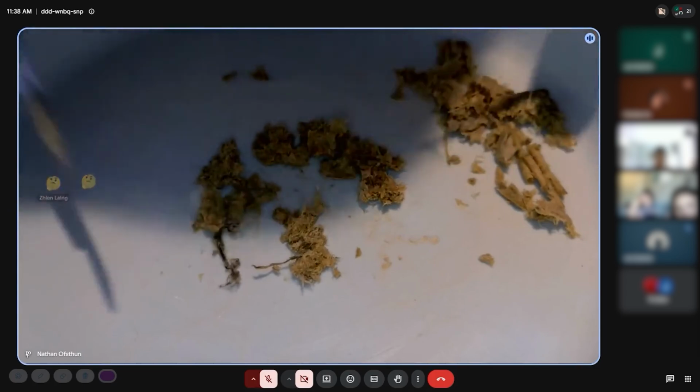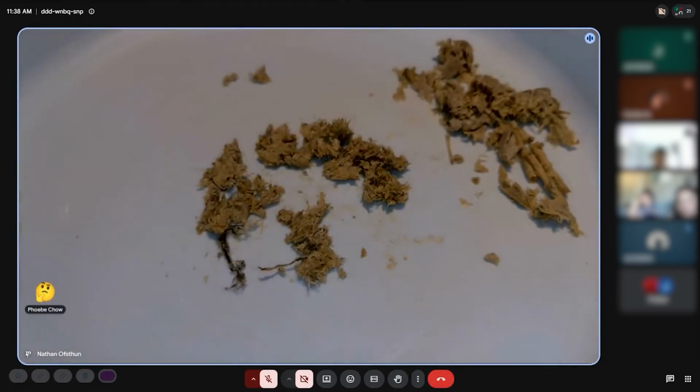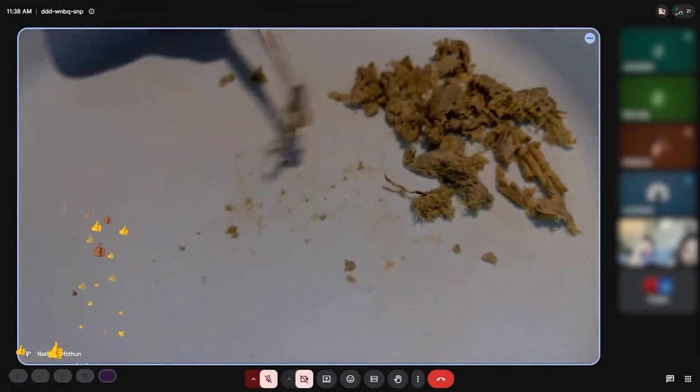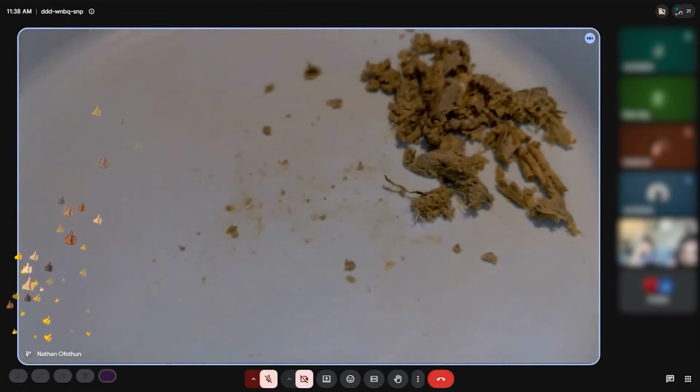Okay. Alrighty, so that's what we've got. Does anyone want to see one more owl pellet and see if we see anything different? Okay, got some thumbs up. Oh, lots of thumbs up. Oh, we got hearts. Yeah. Wow, hearts and sparkle. That's great. Okay, wow, this is very popular.